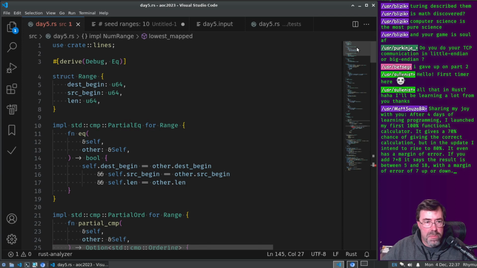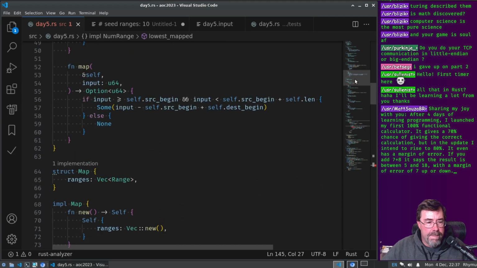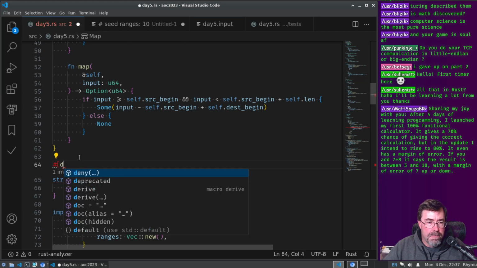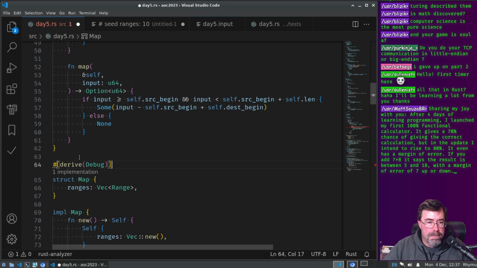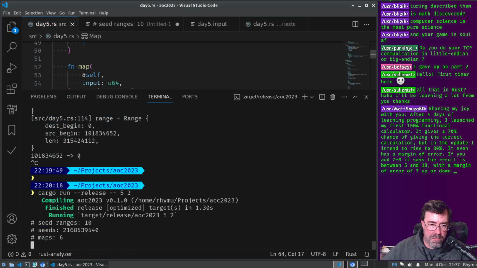Map doesn't implement debug. Now it does. Run it again.